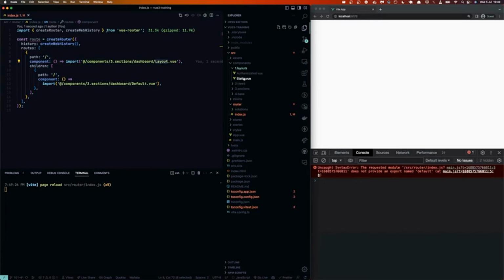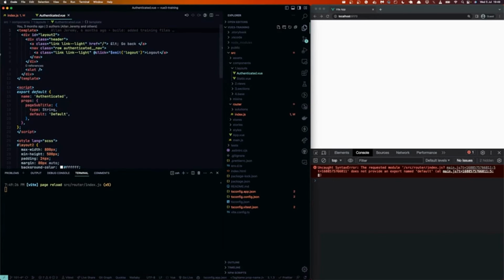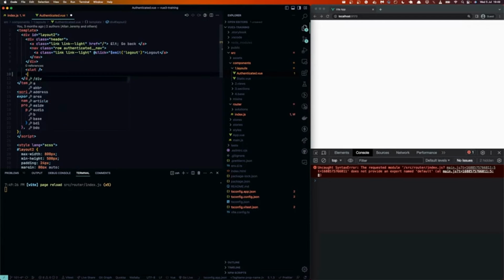Now, as for layouts, we will go to components and then layouts, and we'll check out some of the layouts that have been pre-created for us. We will shortly understand how we can display things inside them. And how we do this is not through this slot, it's through something called